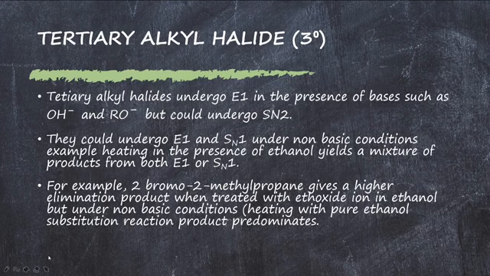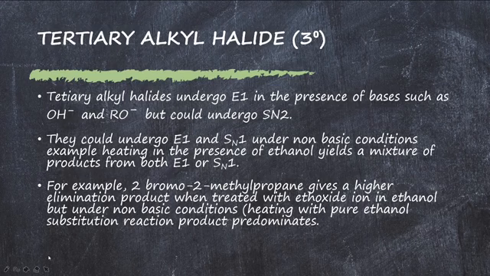They could undergo E1 or SN1 under non-basic conditions. An example of those conditions is heating in the presence of ethanol, which yields a mixture of products from both E1 and SN1. This ethanol that you're heating is meant to be pure ethanol. For example, 2-bromo-2-methylpropane, that's the example I'm using,